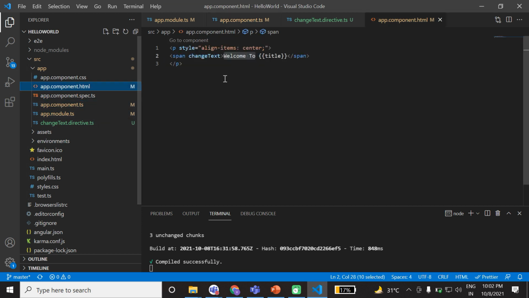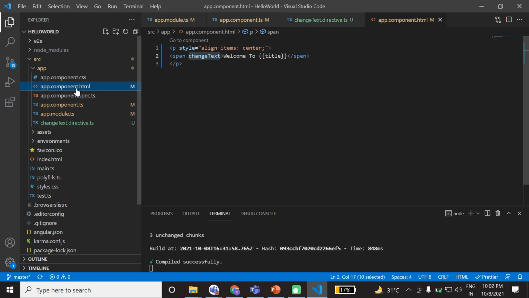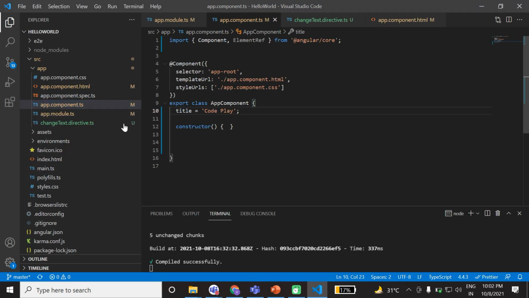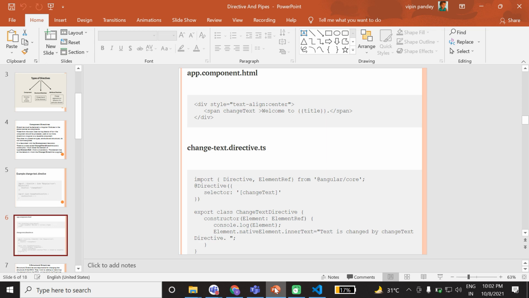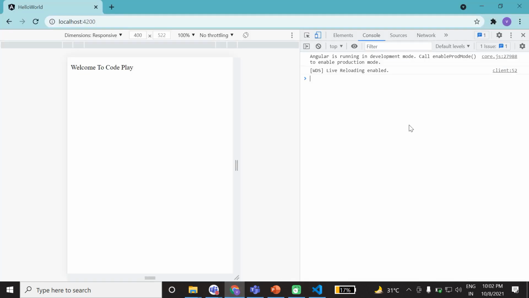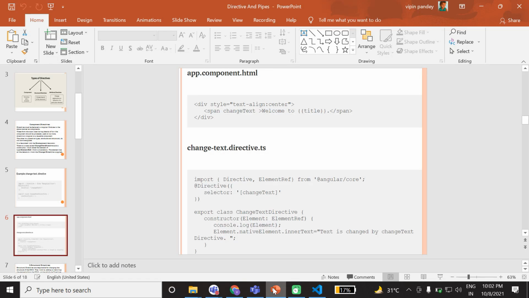Nothing is here. Change text directive. We have created the change text directive. And inside the component we need to reference it, but why is it not coming here? It is not being called actually. Change text ref, it should be called.